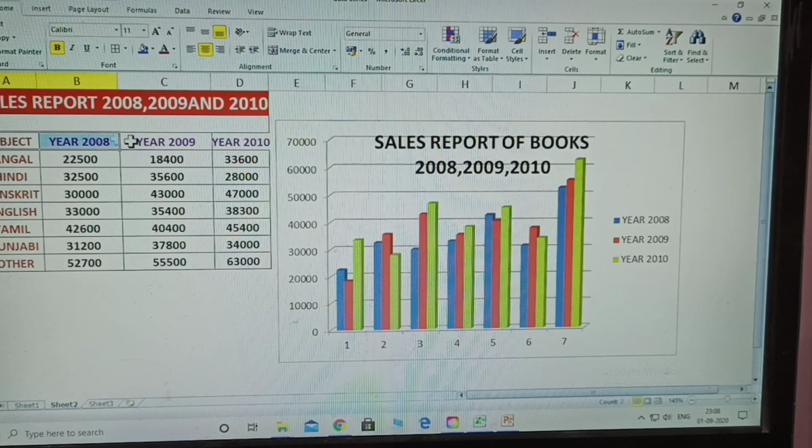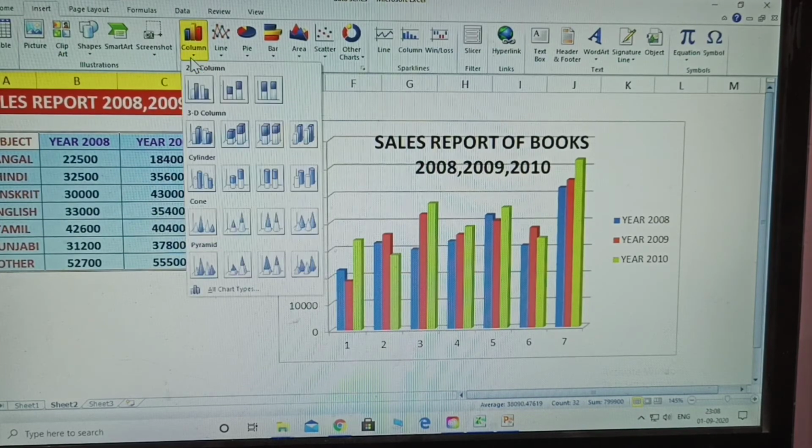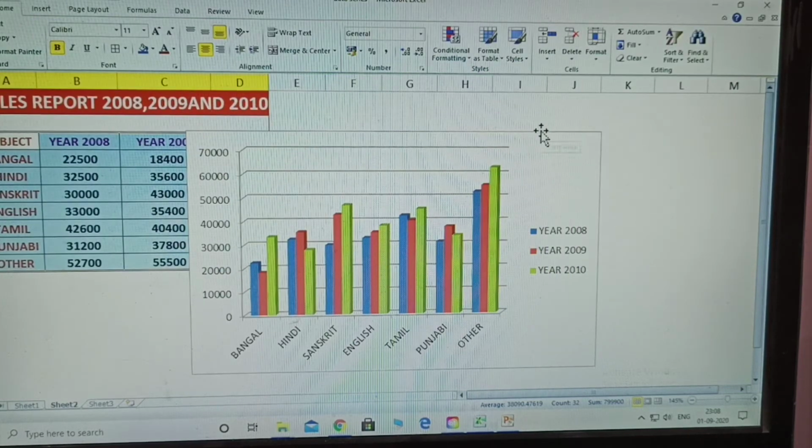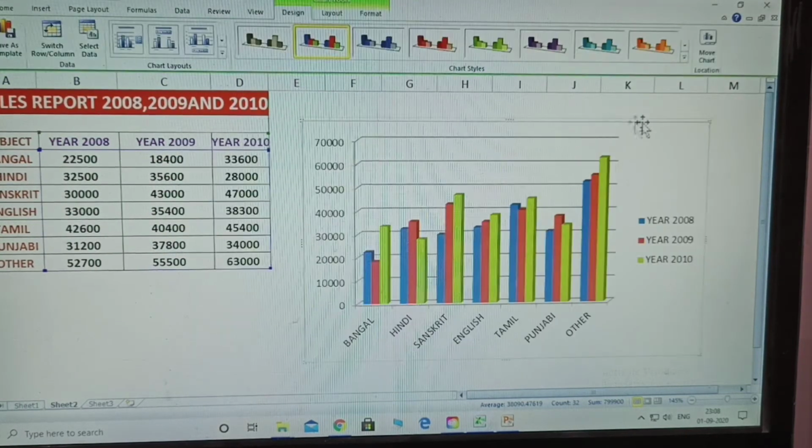Now you select the whole data after giving the x-axis and y-axis. Okay, the previous one is deleted. Now in this chart, see the years and which subject you have taken, that is also displayed.